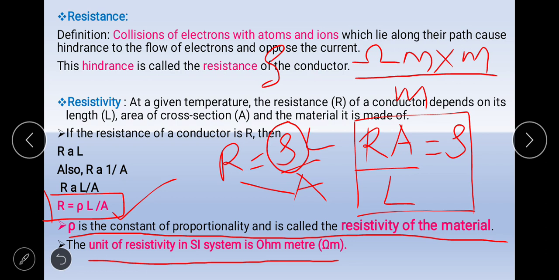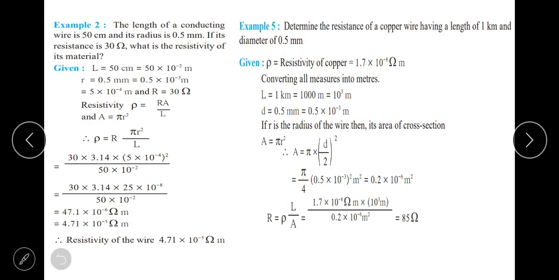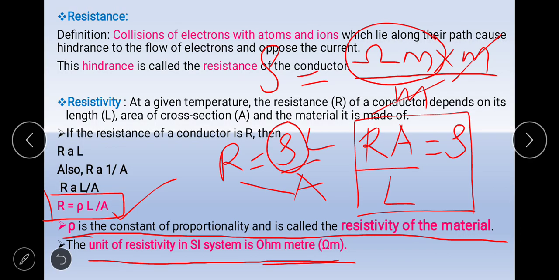Rho means the resistivity. I have to prove the unit for resistivity. This meter and this meter get cancelled. So what remains is ohm meter. That means the unit for resistivity is ohm meter. Have you all got it? It's very easy. Every student can derive the units in the SI system or CGS system by using the formula itself. So use the formula and derive the unit. Moving on towards the example based on this simple formula, R is equal to rho L by A.